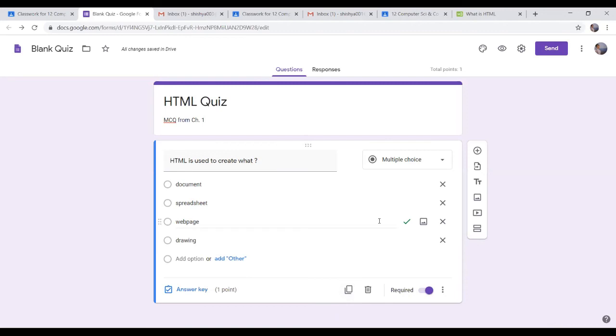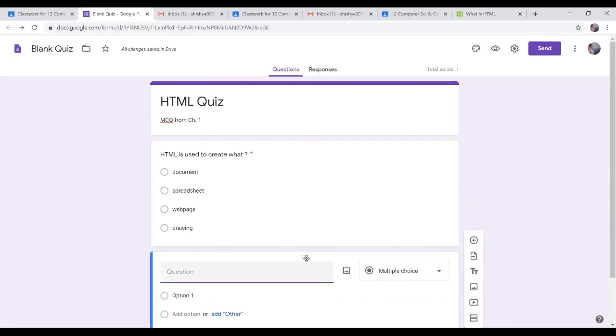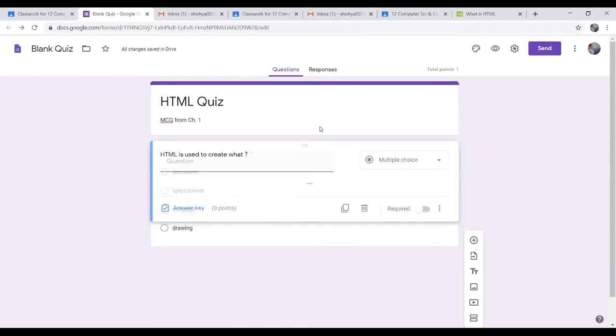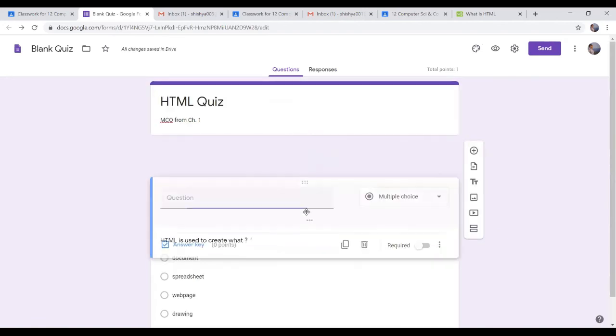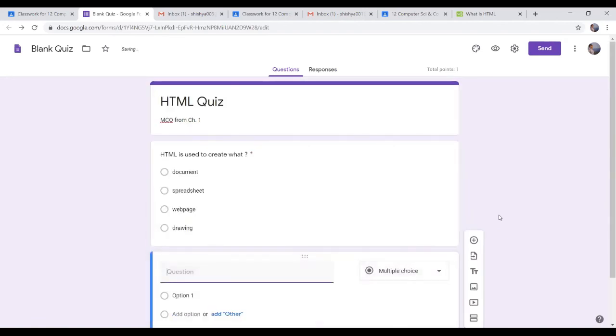Let's say we want to add another question. So here you have the add question button, and import question. You can add a title and description, you can add an image, you can add a video with your question, and you can start a new section. Once all the questions are ready, using this button with the 6 dots, you can reorder your questions. You can move this question from here to the top and this will come down. So this is how you can move or reorder the questions you have already decided in your quiz.